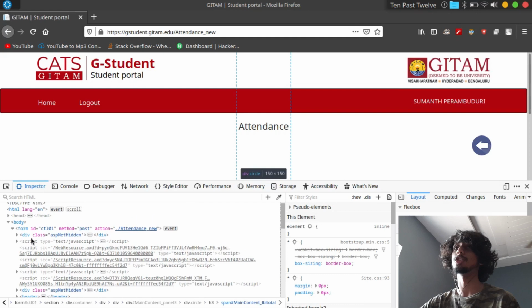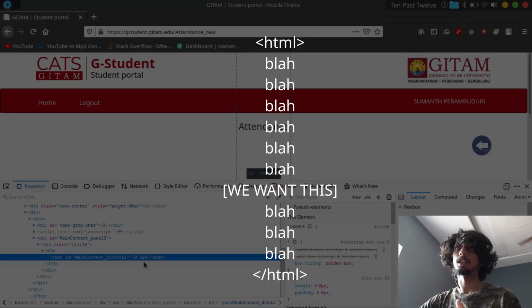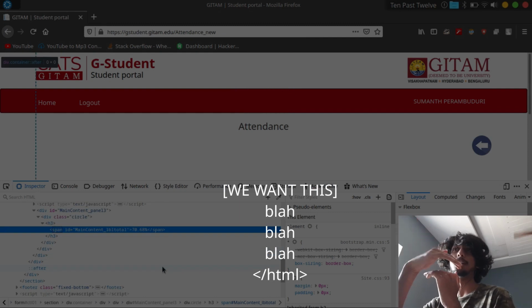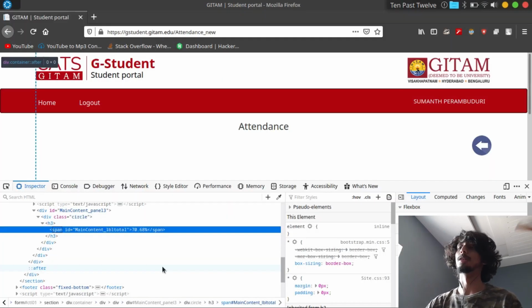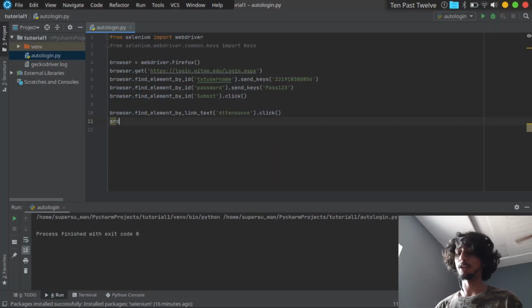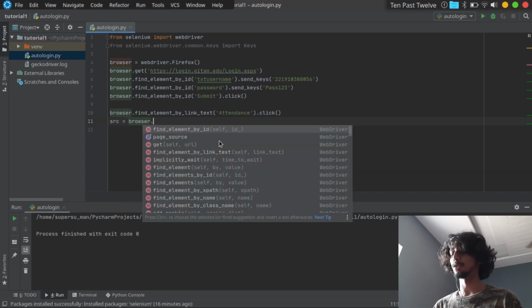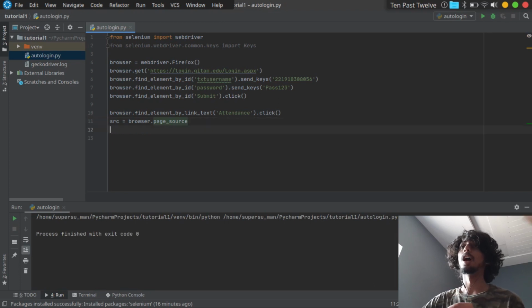This is the HTML code of this web page. What I'm basically going to do is get the entire HTML source and trim off the unnecessary stuff in the source code, so I get the data which I want. Let me go back to PyCharm and take a variable, name it anything you want, src, and get the source using dot page source. You will find it in the solutions. To get the text which I want, I should be trimming the unnecessary stuff in the whole source code.